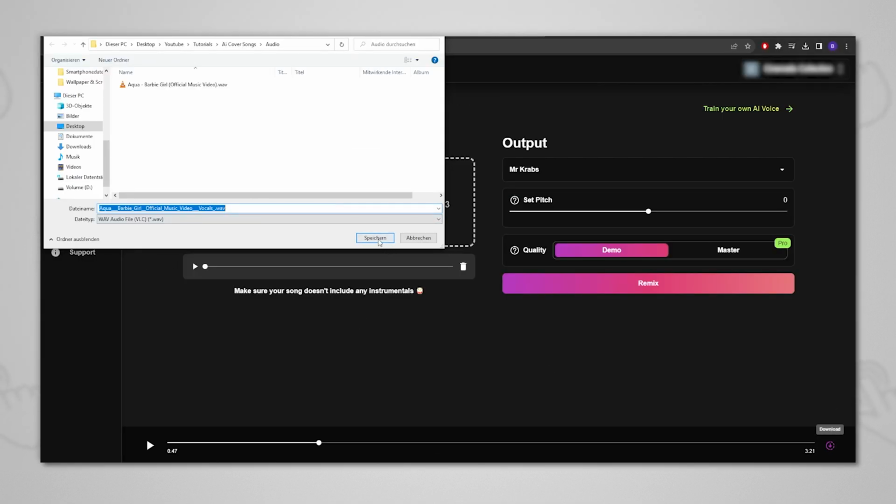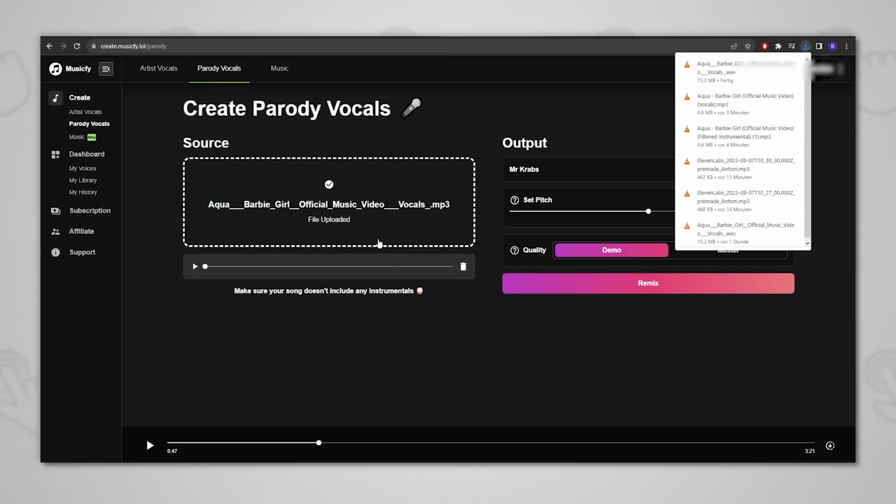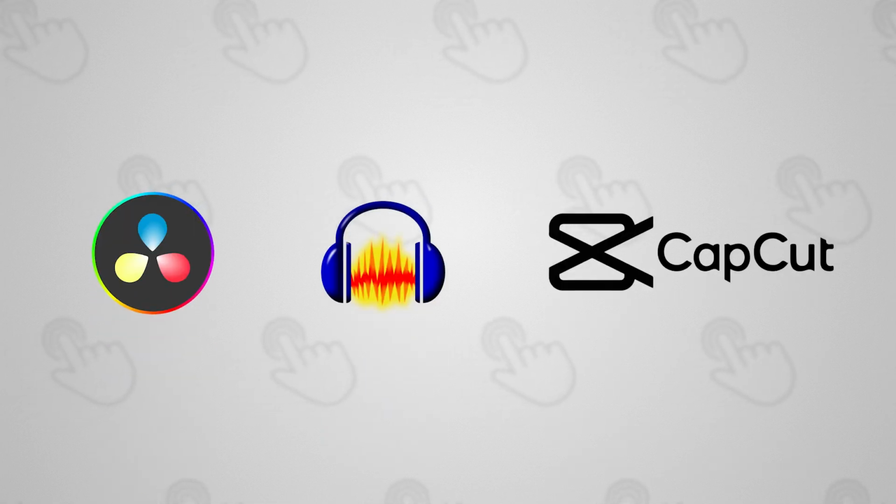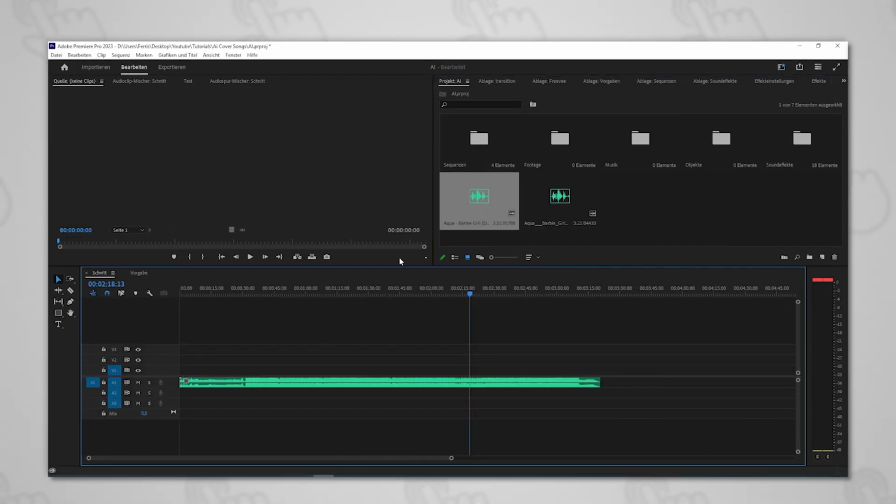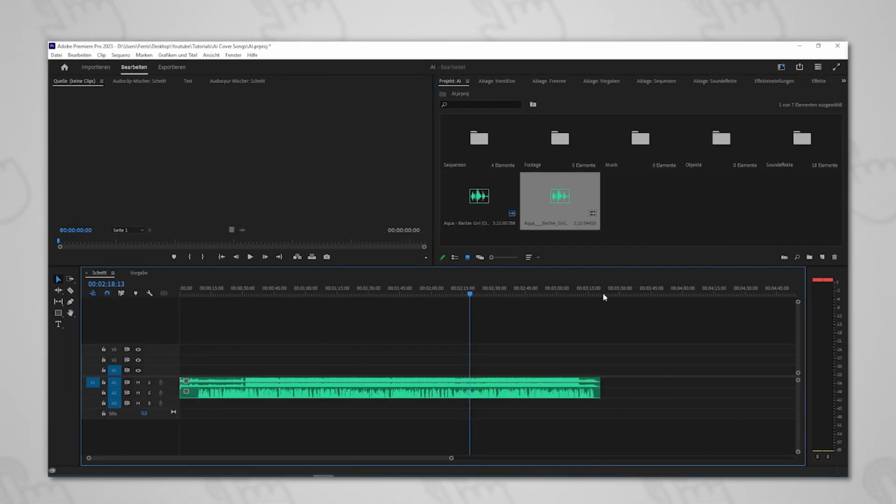Now, you need to combine the vocals with the instrumentals. You can use any editing software like the free programs DaVinci Resolve, Audacity, or CapCut for this step. After blending the vocals with the music, export the final song as an